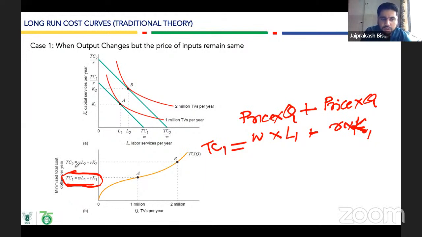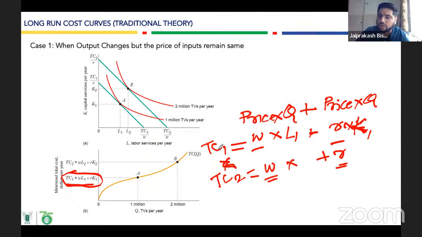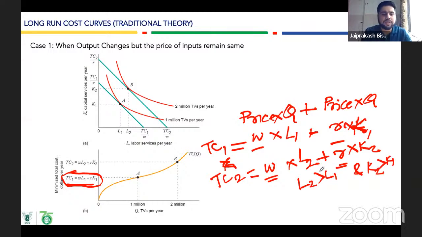Similarly, for producing 2 million units of TV, because we have assumed that our prices are same, means W and R are same. Okay, TC2 is equal to W into L2 plus R into K2, because we have assumed that R and W are same. Okay, but TC2 is higher than TC1, क्योंकि आपको ज्यादा अमाउंट ऑफ आउटपुट प्रोड्यूस करना है, तो आपका ये क्वांटिटी एलोकेशन यहाँ पे बढ़ जाएगा, है ना। Means L2 is greater than L1 and K2 is greater than K1। ठीक है, बहुत सिंपल चीज है ये।